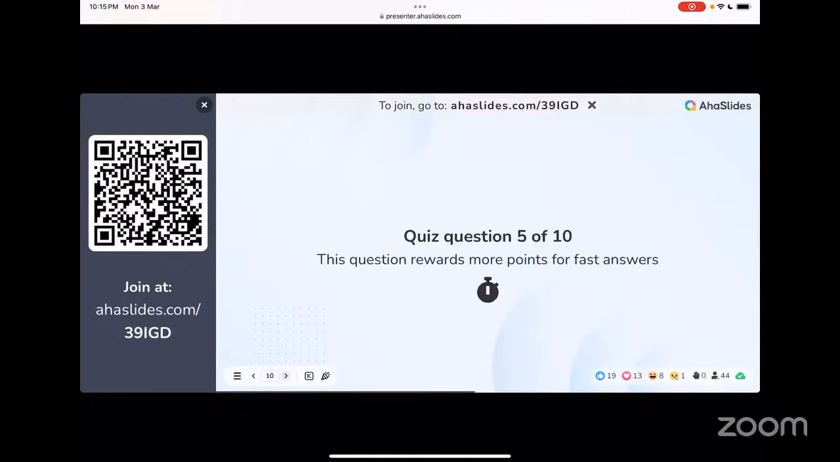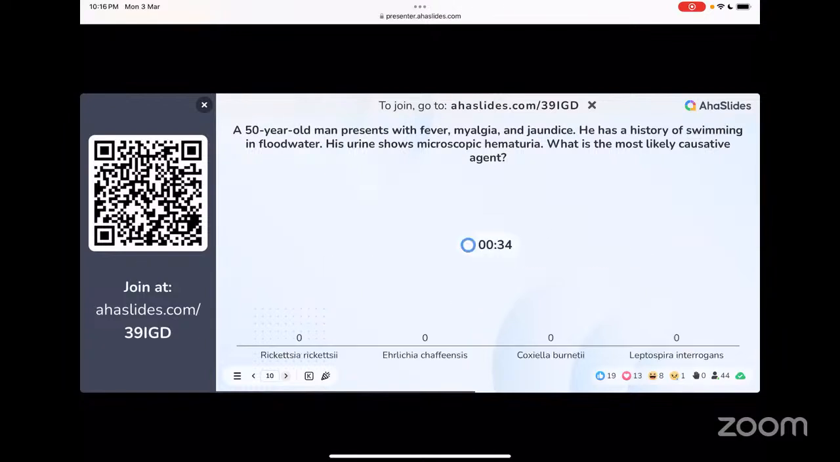Moving on to your fifth question. A 50-year-old man presents with fever, myalgia, and jaundice. He has a history of swimming in flood water. His urine shows microscopic hematuria. What is the most likely causative agent? The causative agent is